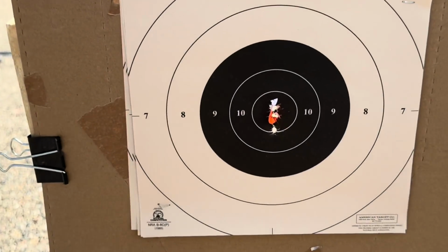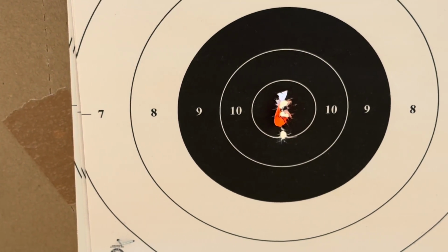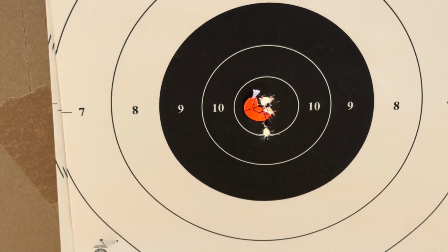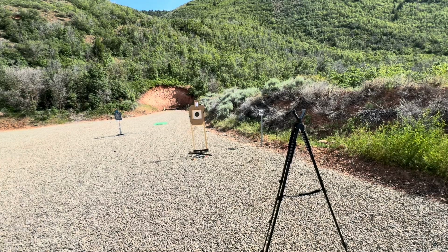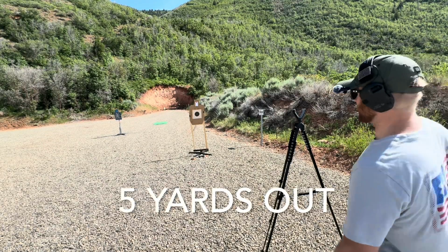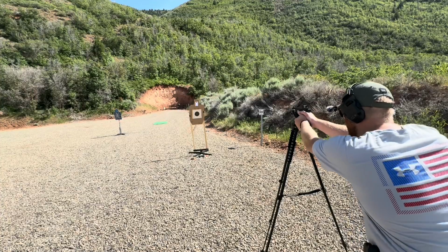The offset is basically non-existent and the grouping is still really, really tight. But let's get closer and see if that remains. So let's look at our 25-yard zero and the point of impact from 5 yards away. If I'm aiming for that little tiny 1-inch circle dot,